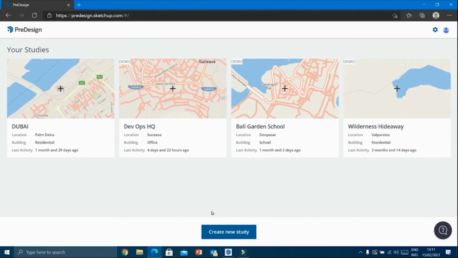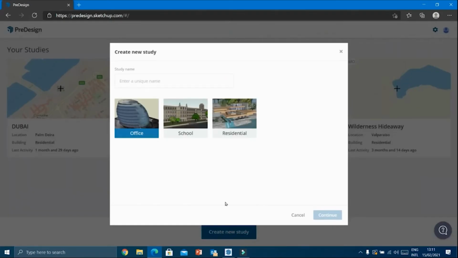Now here I'm going to create a new study. For that, I'm selecting the create new study option. Here we can see 3 different occupancies: office, school, and residential. I'm going for residential occupancy and I'm naming it My Home.